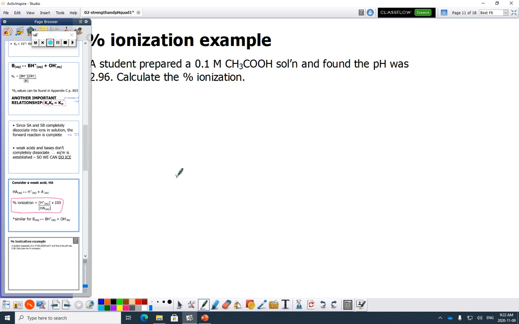So a student prepared a 0.1 molar acetic acid solution and found the pH was 2.96. Calculate the percent ionization. In this question, this is a little bit weird because it doesn't give you a Ka value. So how can you know that that is a weak acid? Okay, so first of all, there's literally